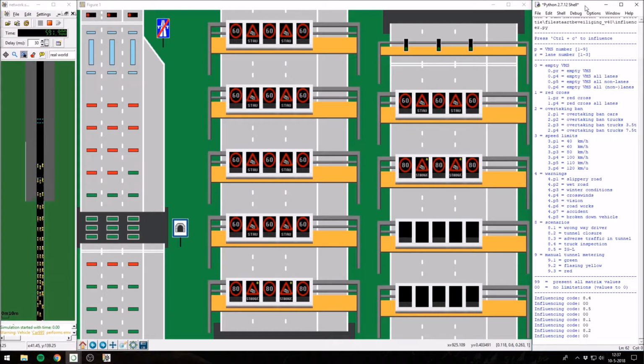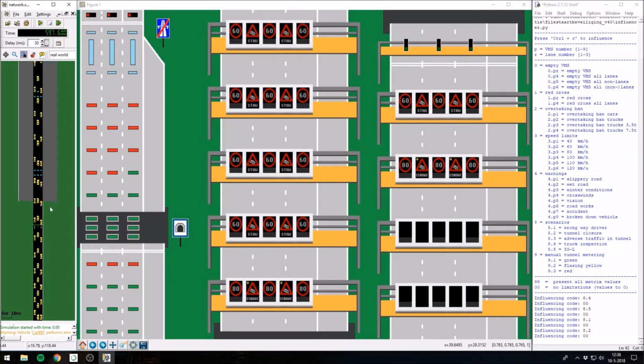And the final scenario one could think of is a scenario in which traffic is driving in 2 ways through one tunnel. These situations could occur in case of roadworks, for instance, or in case there's any other reason that one part of the tunnel needs to be closed, so that the traffic that is moving in 2 directions has to go through one tunnel. And when you activate the scenario, you will see that